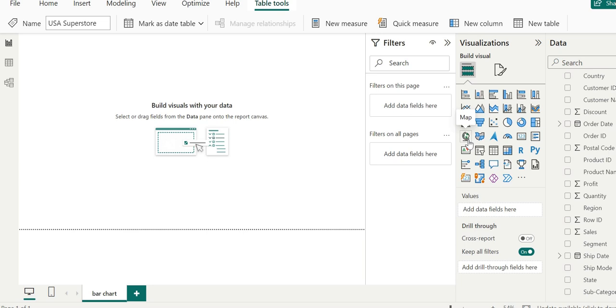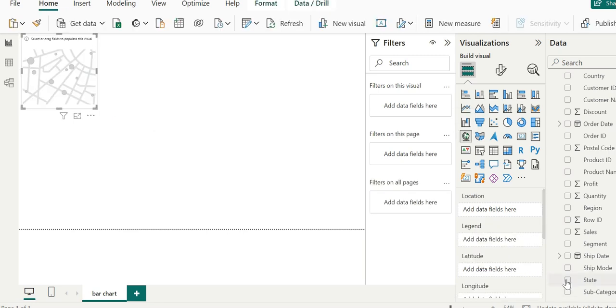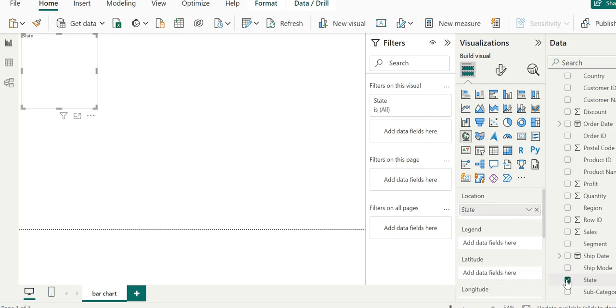In the fourth row, the first icon represents a little globe, and as you might imagine, that corresponds to a map icon. Now we are going to go ahead and check the checkbox next to the state field on the bottom right of the screen. As soon as you do this, you can see that the little map icon is automatically selected, and this causes a map visualization to be added in